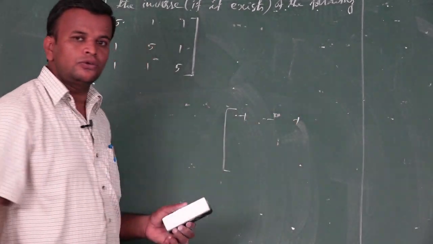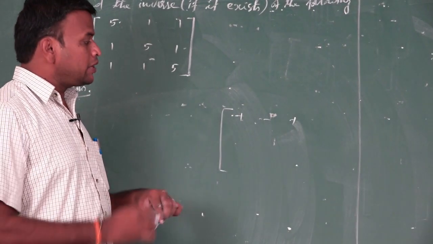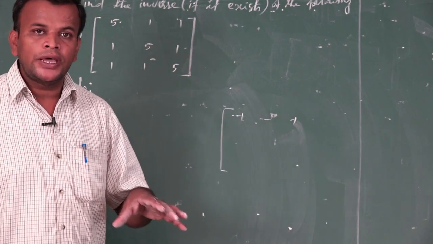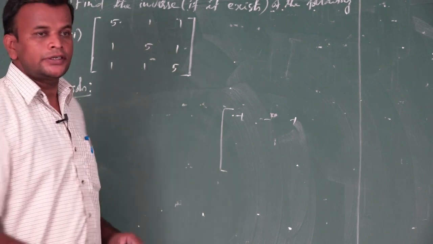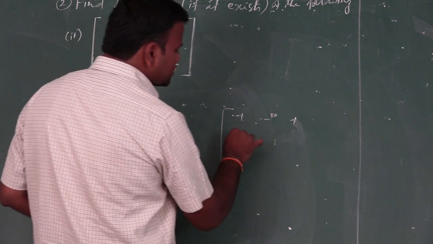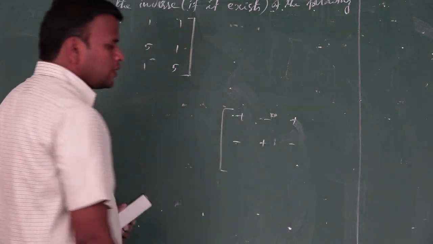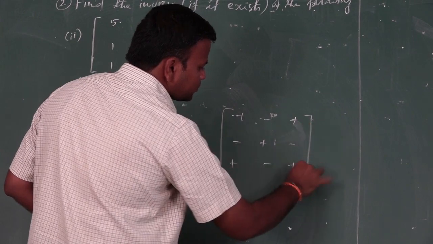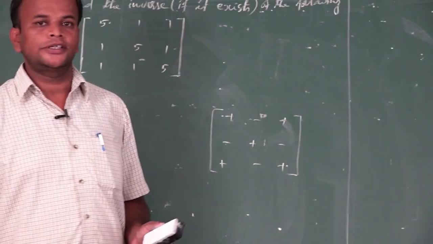It is a working rule to find the cofactor of a 3 by 3 matrix. Whatever the given number, the sign may be plus or minus. The place signs are plus, minus, plus. You should go alternately: plus, the next one minus, plus, minus, and then plus, minus, plus. So it is very useful to find the cofactor of a 3 by 3 matrix.